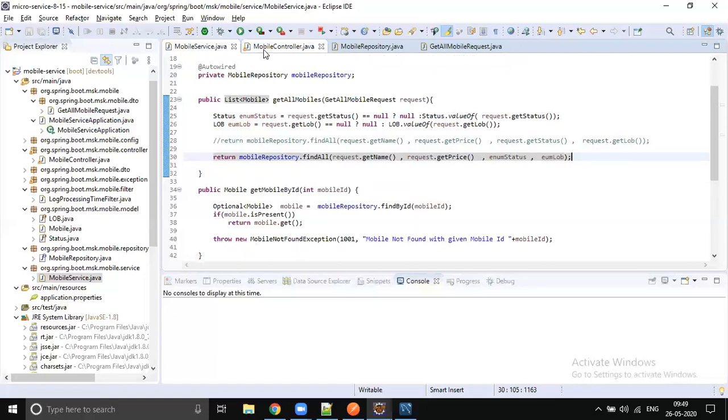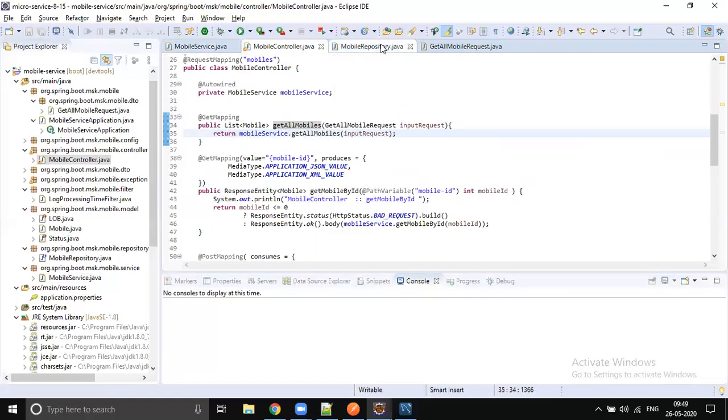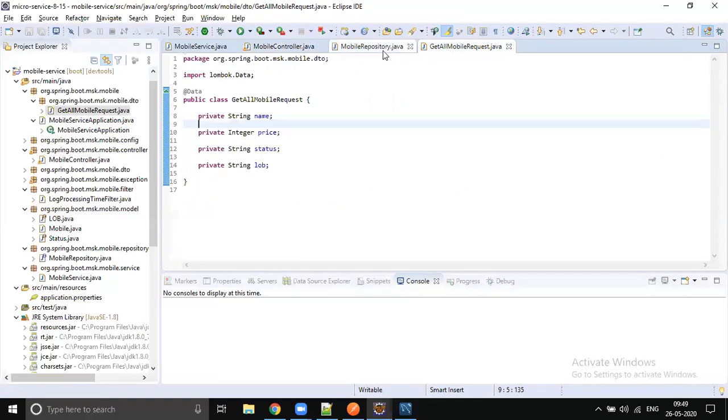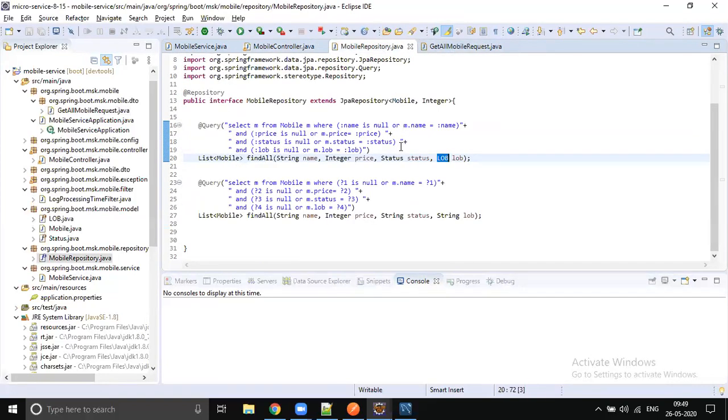Whenever you are using the JPA model, it can be a named parameter or placeholders. You need not worry about the 0, 1s and all. JPA will take care of that conversion. Only enum and string you have to take care of if it is JPA. These two are JPQL models, so there are many options. JPQL with placeholders, it's up to you what you want to choose. The first one is named parameters, the second one is placeholders, so be very careful.